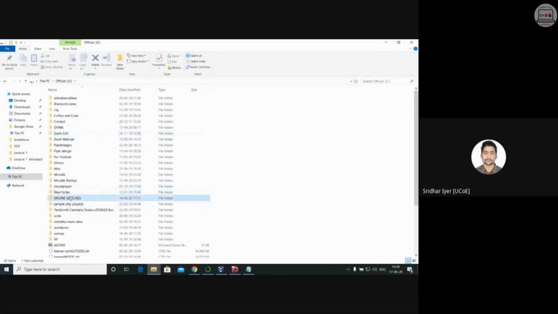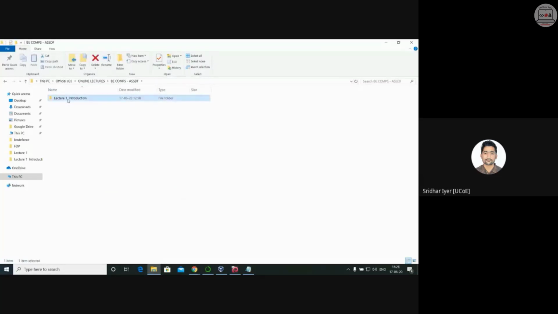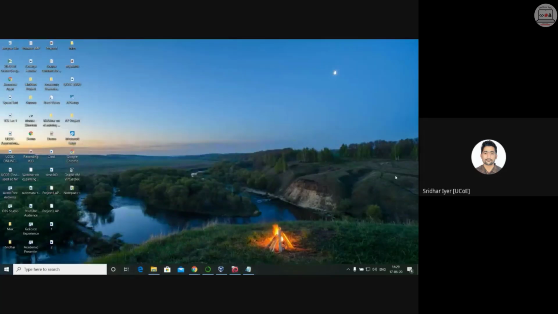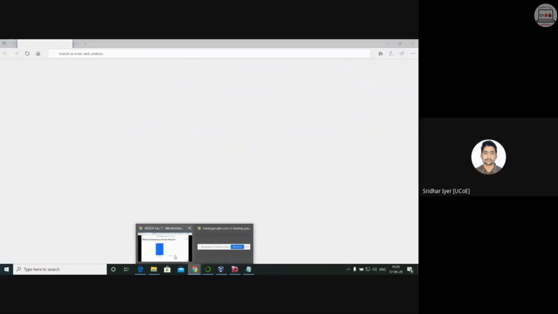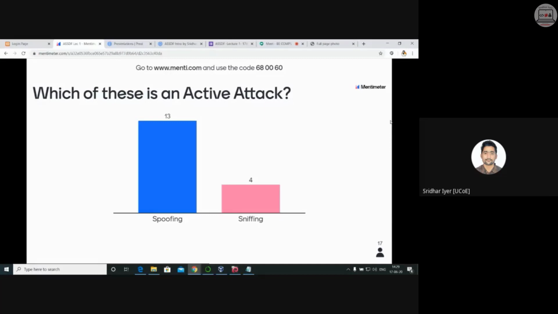You can easily solve it. Okay, the code, 1 second. Code is 680060. It's on the screen. 680060.